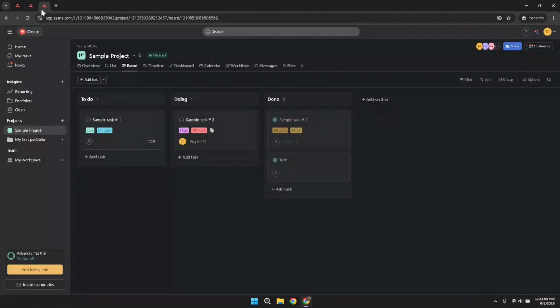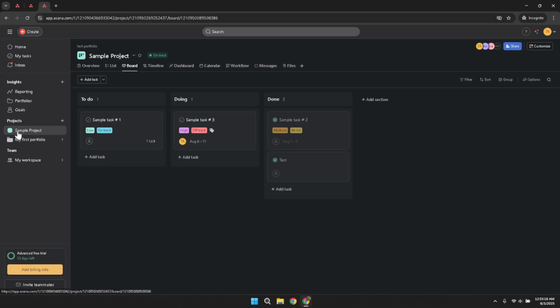Once you've successfully logged in, your next move is to go to your project. On the left panel, you'll notice a list of all your projects. Browse through and select the one you wish to add collaborators to. Clicking on your project will direct you to your project's main interface, where you'll see all your tasks and workflows